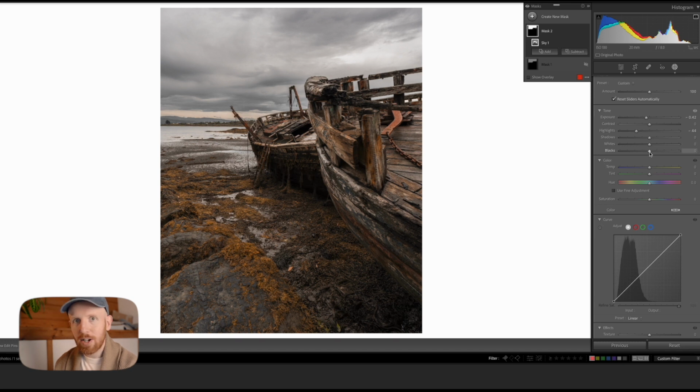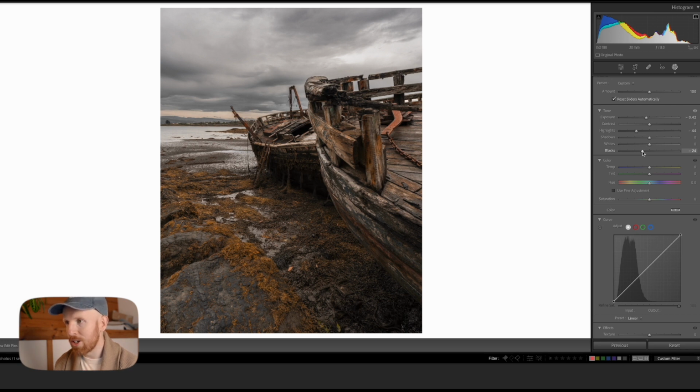And what I like to do is I also like to drop the blacks within my sky because the darker portions of the clouds are just going to become a bit more contrasty and it's going to be a little bit more localized. It's not going to apply the contrast to the whole of the sky,